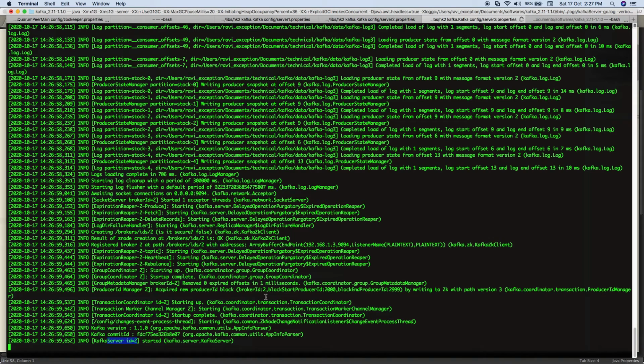Okay, so this is all about the installation. If you are still here, that means your Kafka is working fine. Okay, in the next section we will talk about Kafka producer, Kafka consumer, Kafka topic where we want to send a message, and we will talk about the partition and the replication.